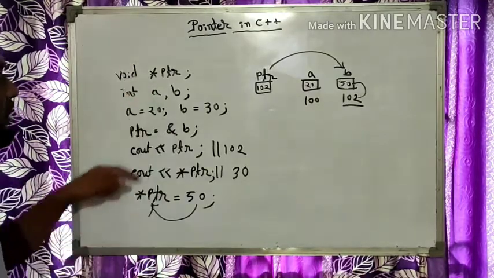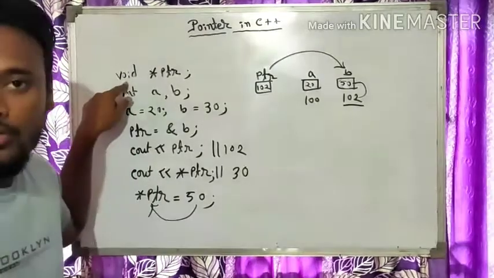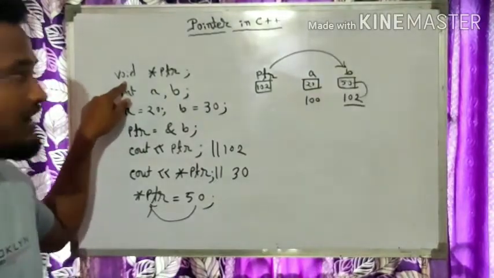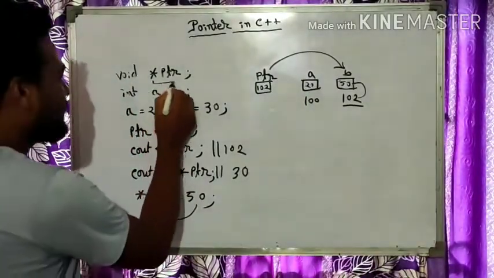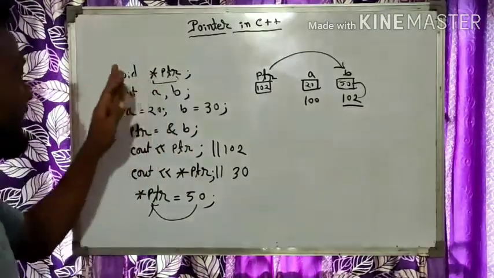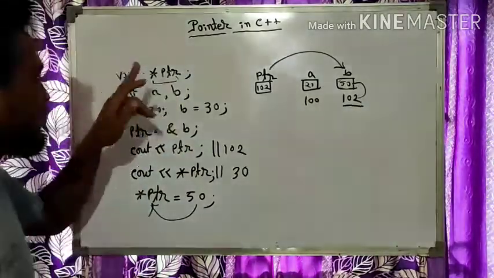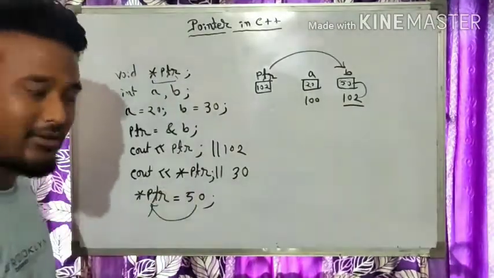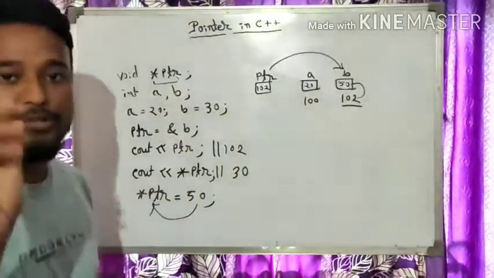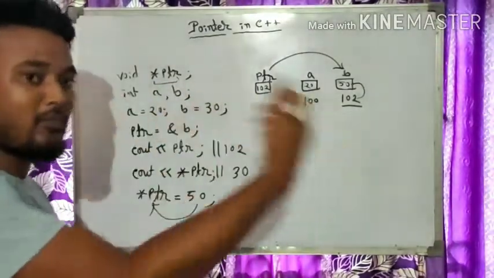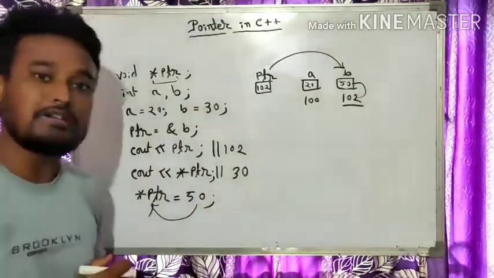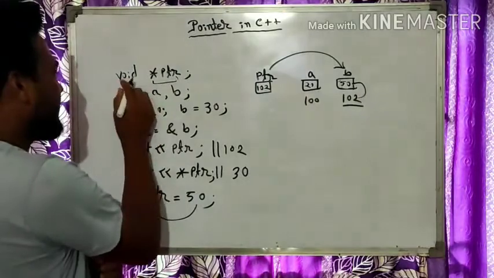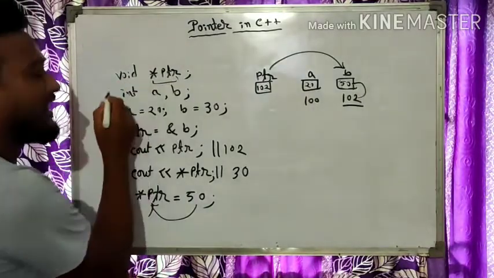So as you all know, void is a fundamental data type. This means what? Null. Null means the pointer variable is not representing an integer value. This pointer will not represent any character value. It will not represent any floating point value. Depending upon the variable you are going to link, it will act on that. That is why you have to declare this pointer variable as void.